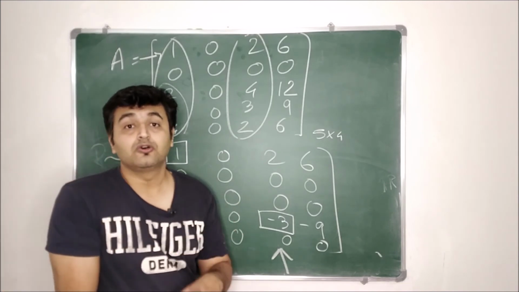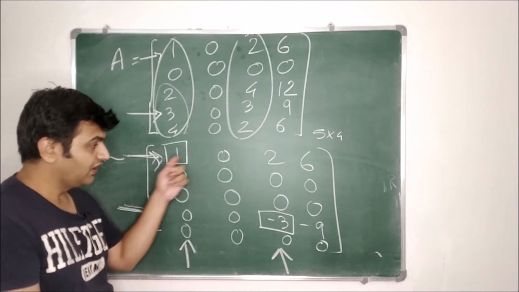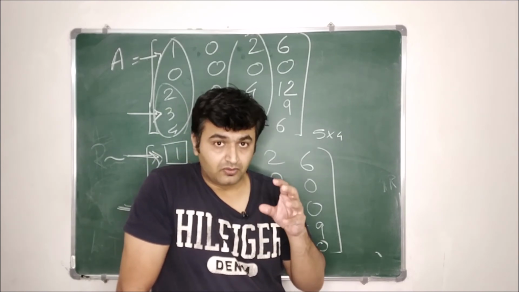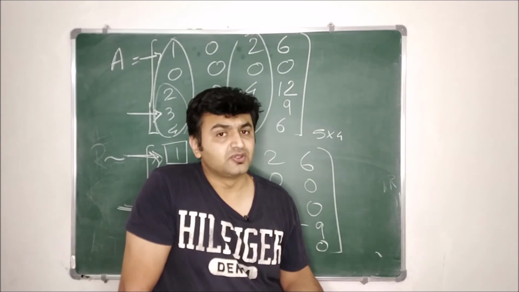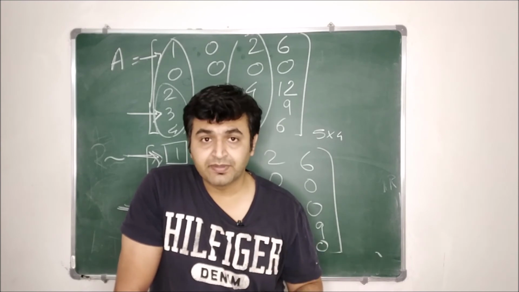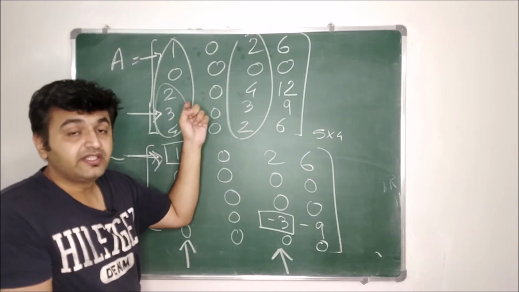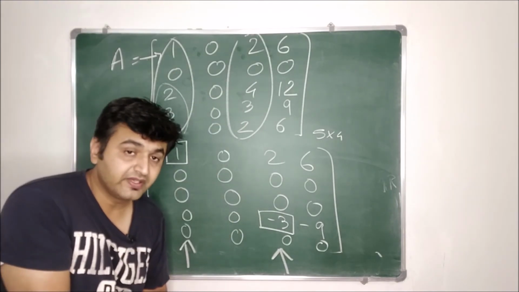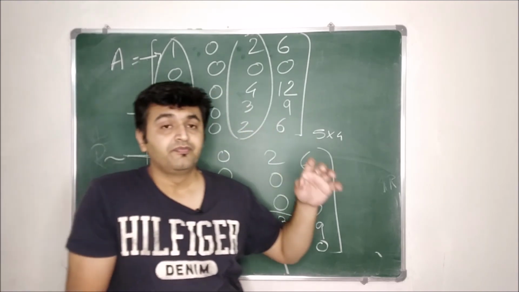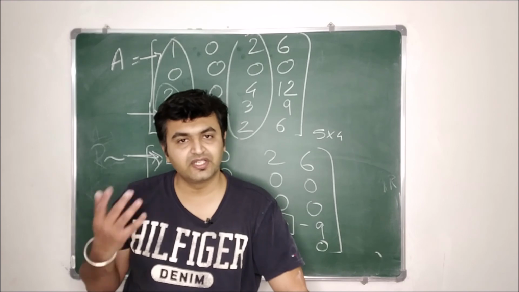Okay, so simply by doing the row operations, once you have the equivalent form for this matrix, you just see the number of non-zero rows, which is the row rank. You see how many pivot entries you have, that is the column rank. And to find which are the linearly independent rows, you simply look at which rows are non-zero; correspondingly those will be the linearly independent row vectors. And for the column vectors, you see where the pivot entries are. So it is in the first and the third column. So the first and third columns are the linearly independent column vectors. Okay, so simply by doing row operations you get all the answers.